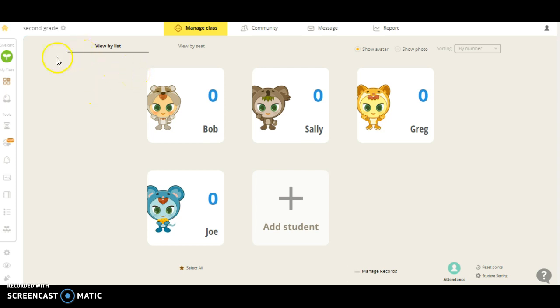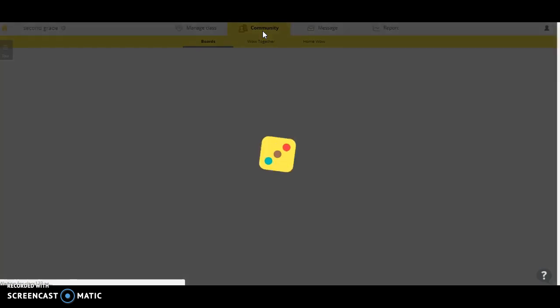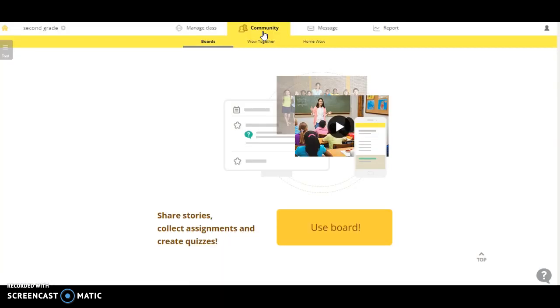So you see there's a big list down the left side of all kinds of stuff, and across the top as well there's a couple different things. So I'm going to come up here to community, and this is a really cool feature because this is where you can post discussions, assignments, you can create quizzes and things like that. You can share pictures, if you do something really cool in the classroom or go on a field trip. And this can be accessed by the students and the parents as well. And they can also add in things, share things, comment on stuff,